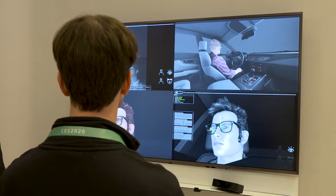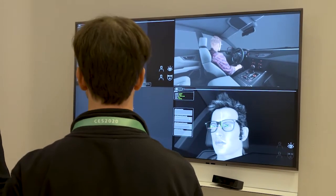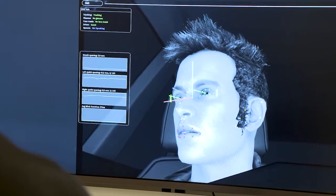We use infrared cameras and we detect the salient features of the face, like eyes, eye corners, nostrils and mouth, and so on. And we build a three-dimensional model of the face using AI that we can track over time. And that can be used to see if a driver in the car is drowsy or inattentive or some other